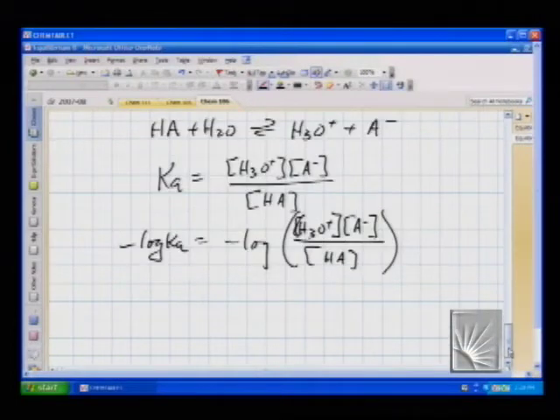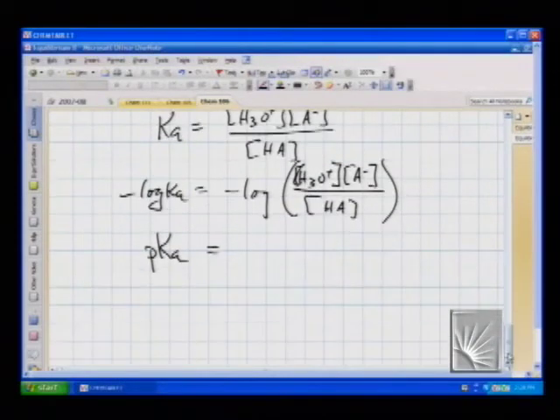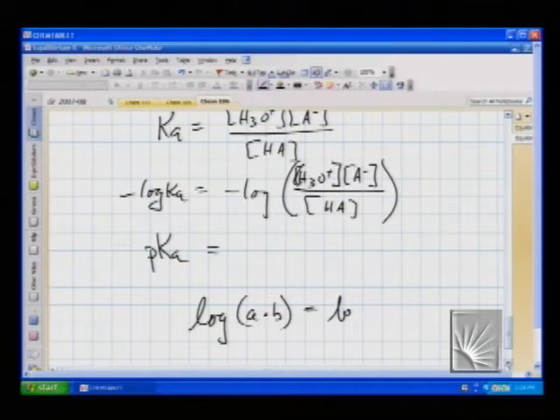Whenever you see a negative log, we're going to abbreviate that to be pKa. The lowercase p means take the negative log of both sides of the equation. Now you've got to remember some algebra. The log of a times b is equal to,